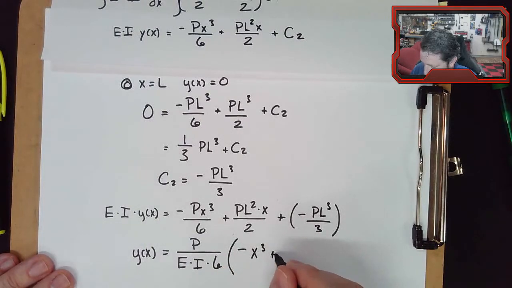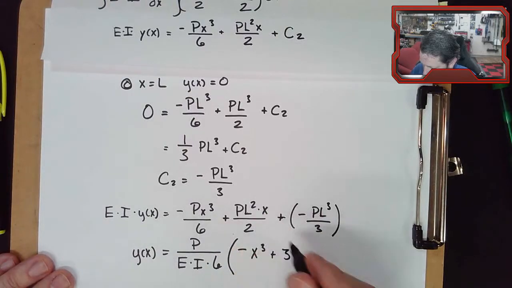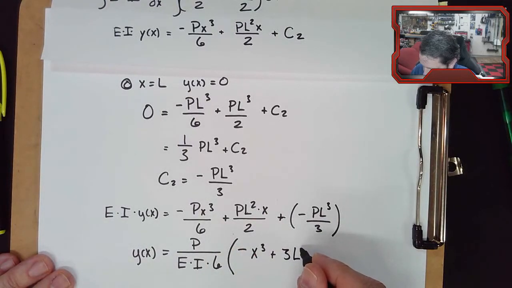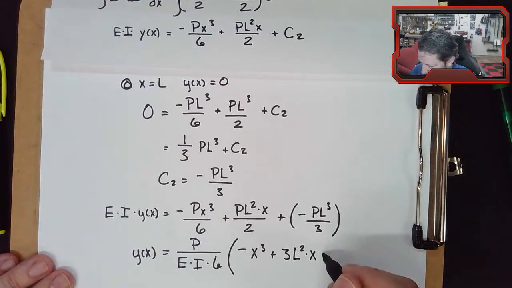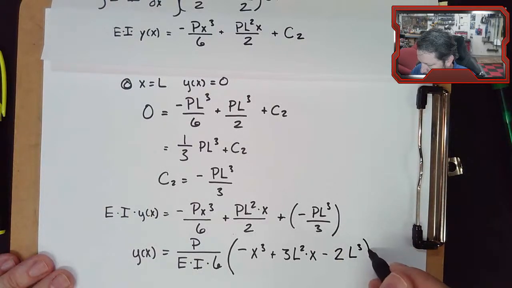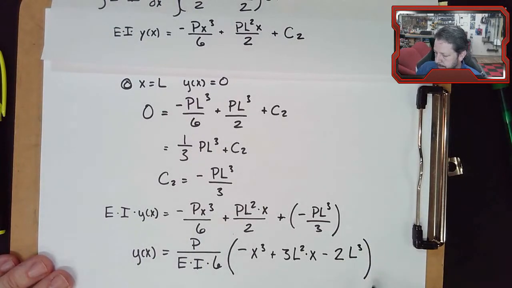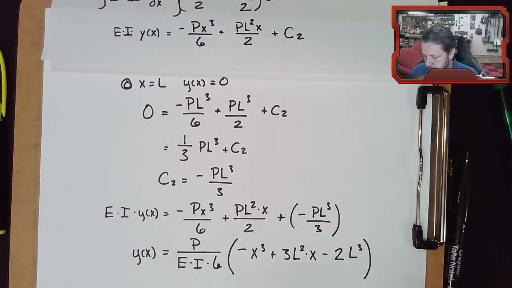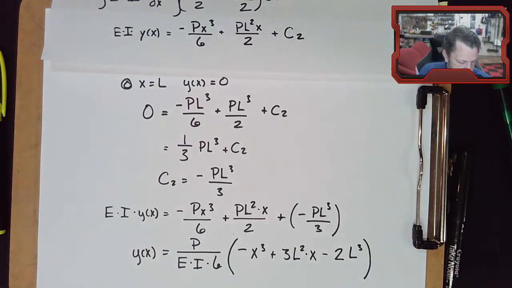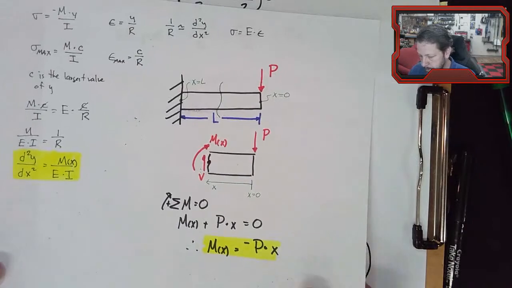This one, I'd have to have a 3 here, so plus 3 L squared x. This one I'd have to multiply times 2, so minus 2 L cubed. So this right here, that is the equation of the elastic curve for this beam,